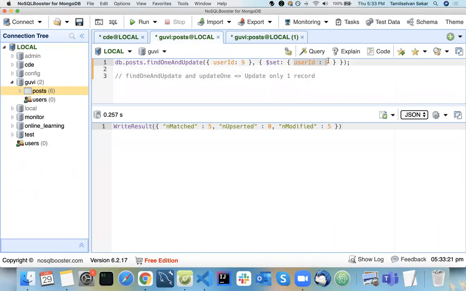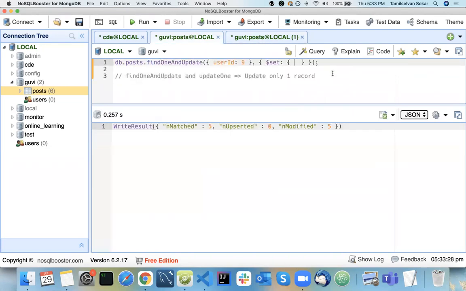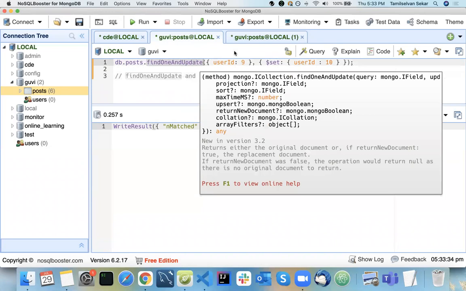Okay, so see here, I have user ID equal to 9, and I'm going to update it to user ID equal to 10. I use something called find one and update. Now if I run this,